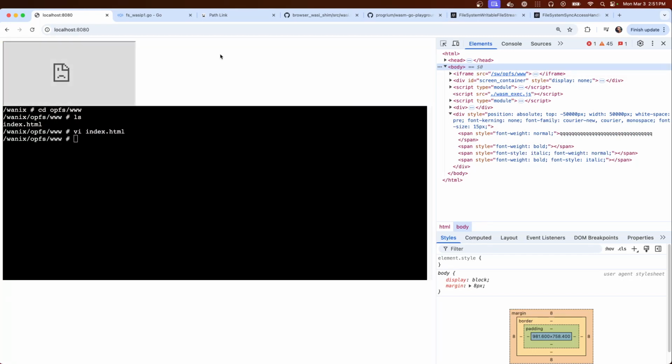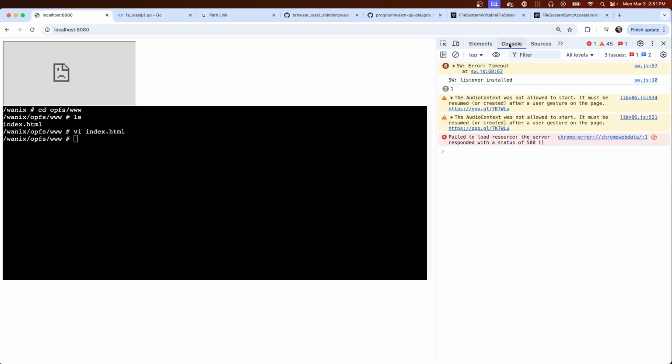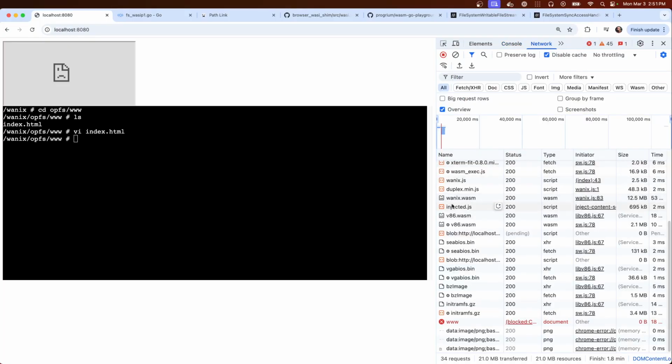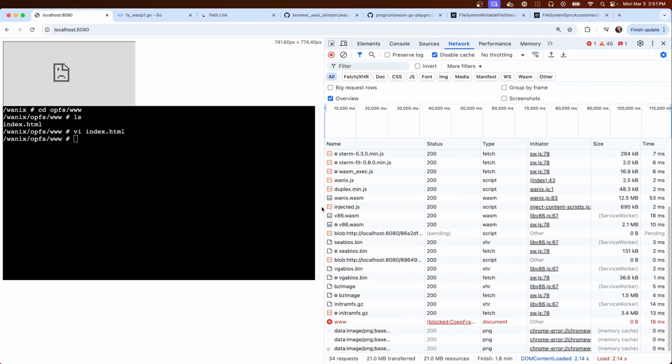All right, refuse to connect, why? Blocked. What?